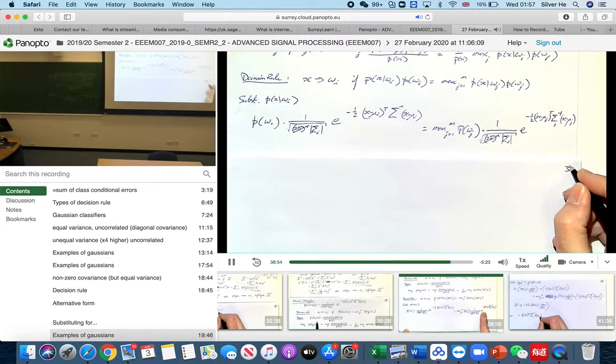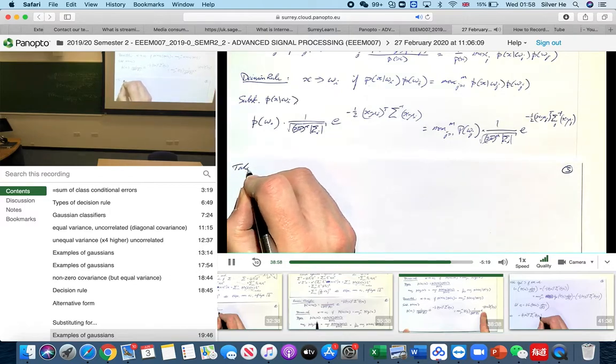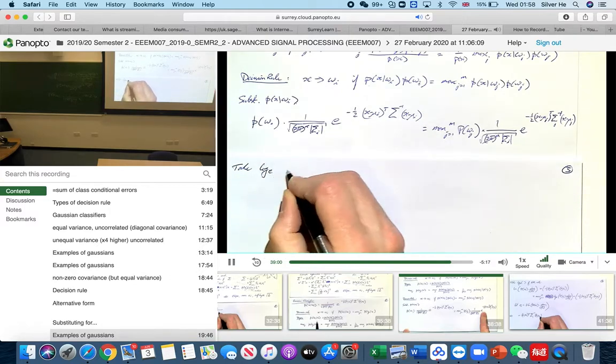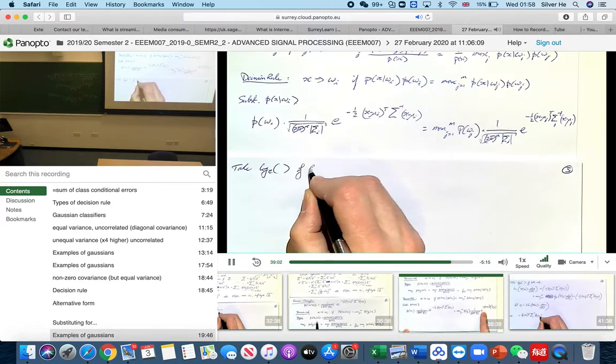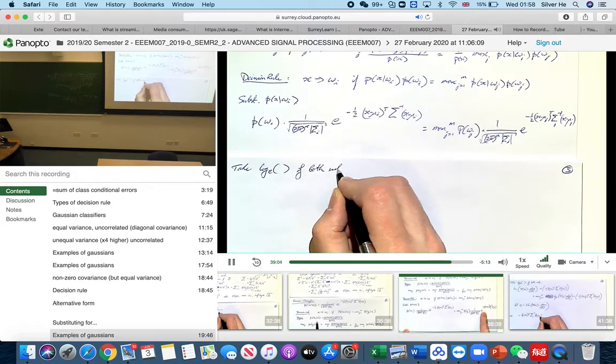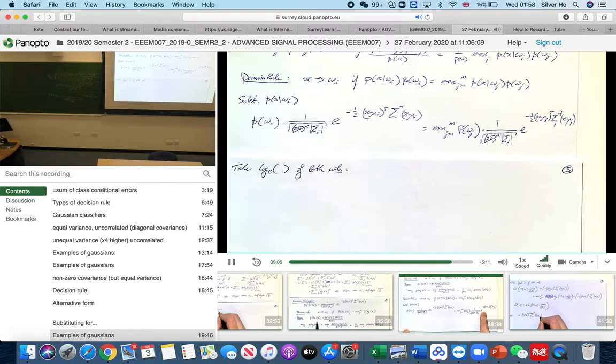So, sheet 3. Take log to the base e of both sides. We'll get the log. I'll write this as ln for natural log